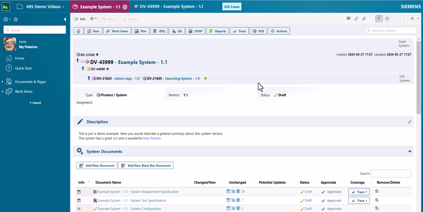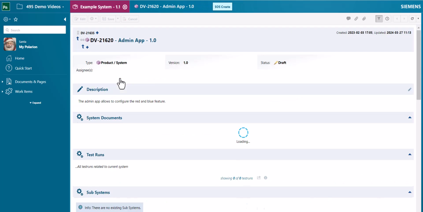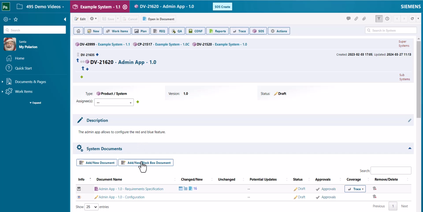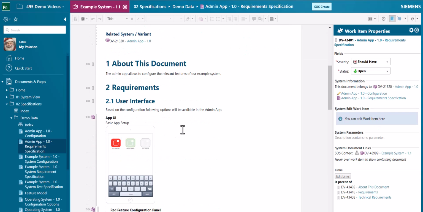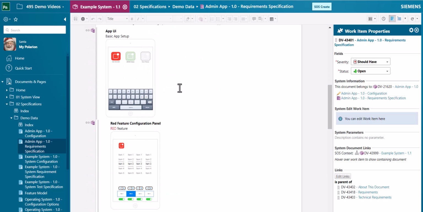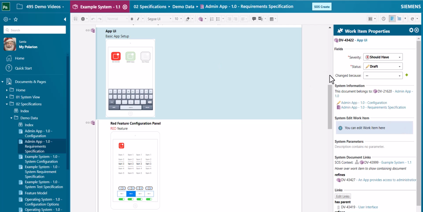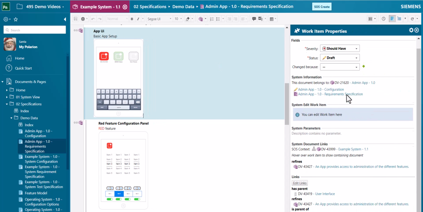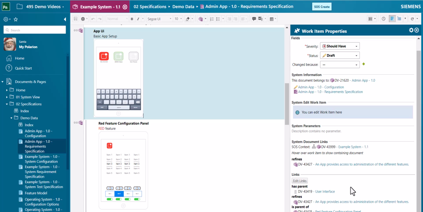If you think about it, for example, our admin app here, 1.0, if I click on this one, and if I open now the specification, and I click on one of these objects, let's take this one. Let's have a look at the requirements. We can see that, okay, there is only one link. So where's the exciting part here? Actually,